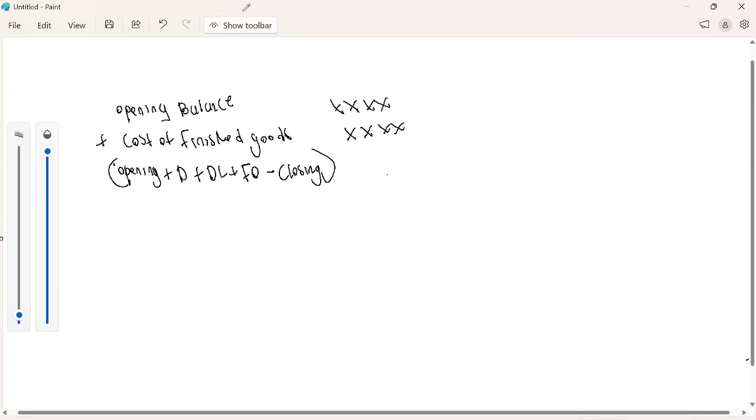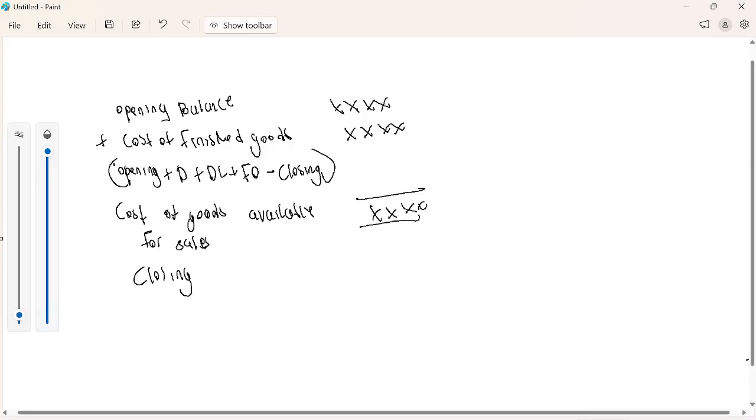right? Now this plus this will give you the cost of goods available for sale. Cost of goods available for sale. Then you're gonna have your closing balance. Cost of goods available for sale is this plus this,